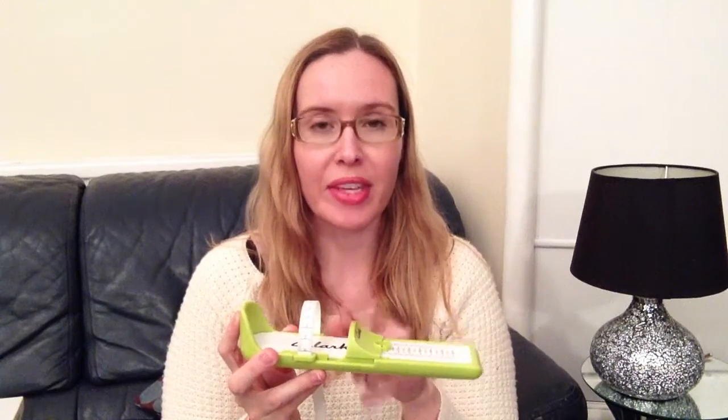Also, when I went in Clarks, I picked up one of these, and it's a toddler foot measure for you to do at home. It comes with very detailed instructions to make sure that you get it right. I didn't get this to avoid going into the shop to get her feet measured in future. I would just take her in to be sure, but they said 4 to 6 weeks to keep coming and